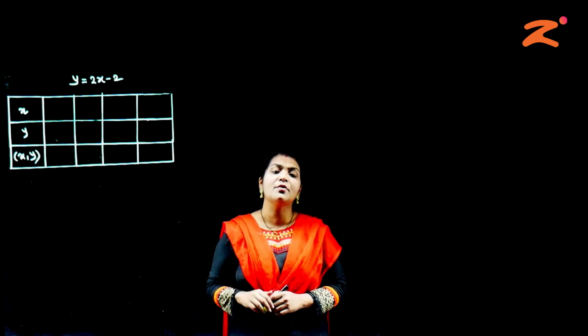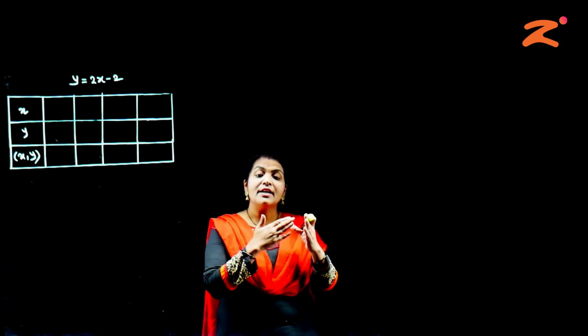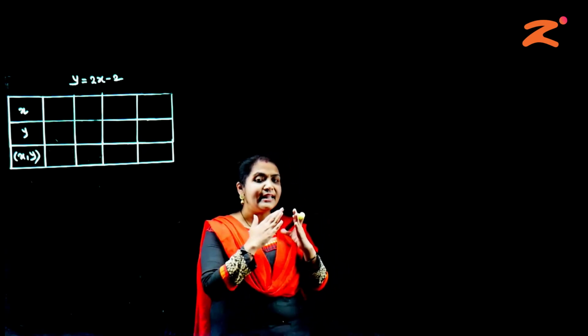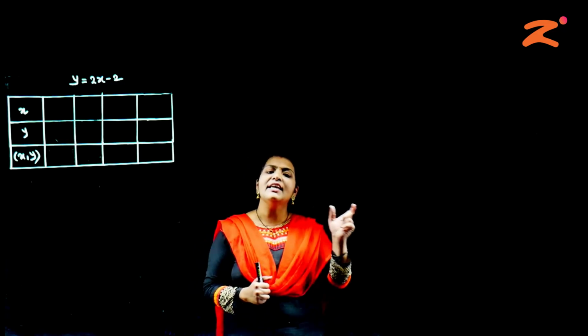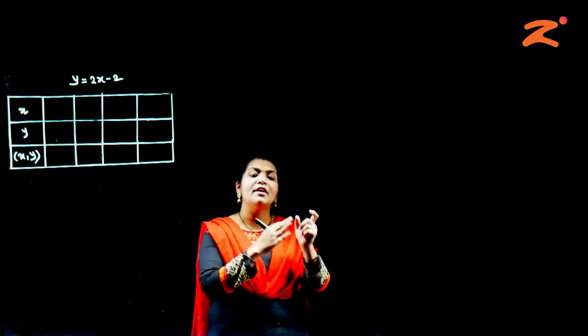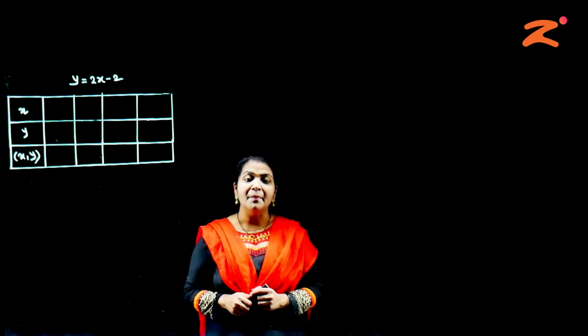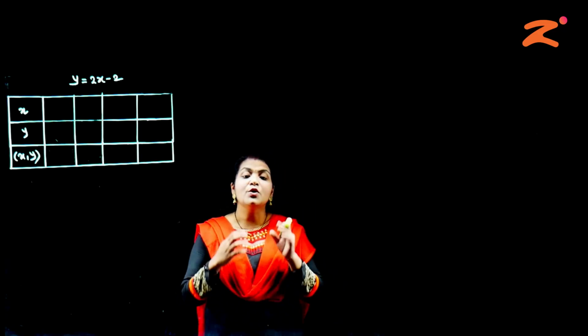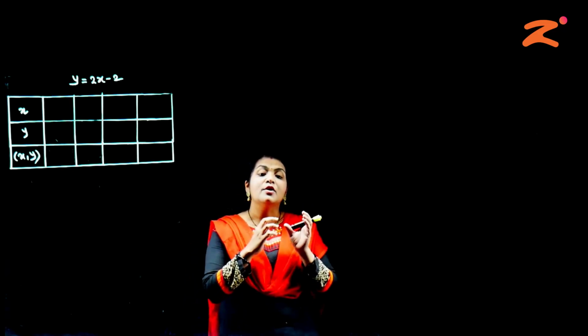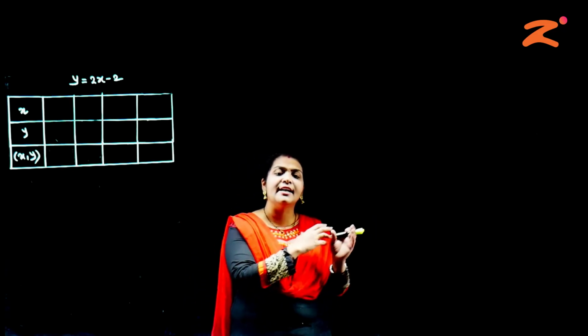Now, what is a linear equation? See, what is the graphical method? They will give you an equation, and you have to choose the value of one variable so that you get the value of the second variable. Putting these values in the equation, you will receive 2 points related to it.